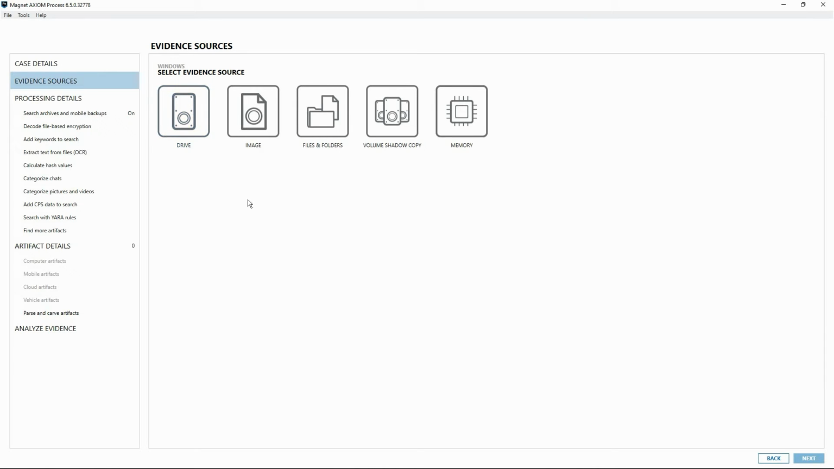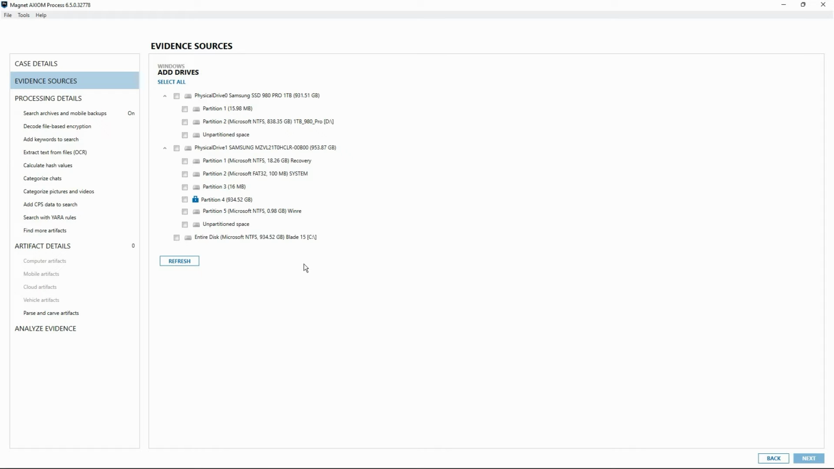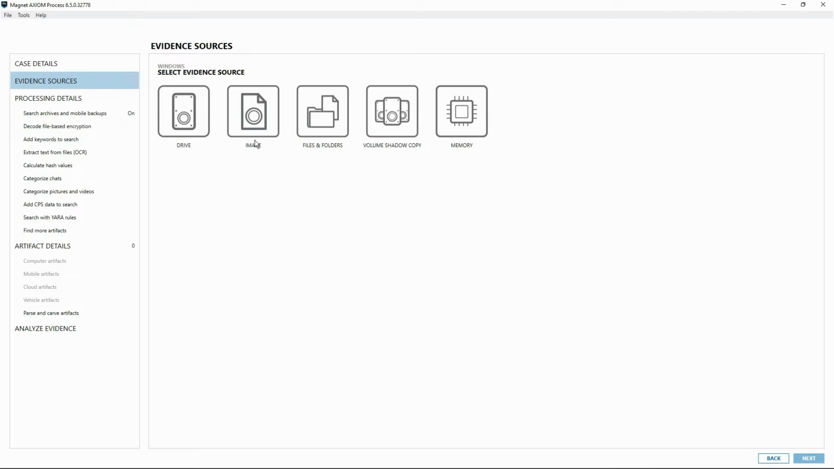From here we can see our options include Drive, Image, Files and Folders, Volume Shadow Copy, or Memory. If I select Drive, AXIOM Process will show me a listing of the physical drives and logical volumes on those disks. Notice that one of the entries here has a padlock icon indicating some type of encryption. If I select Back and select the option for Image,